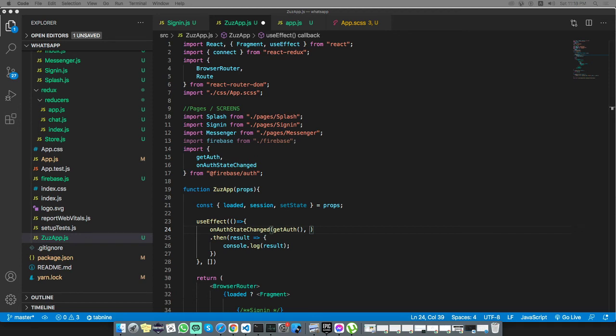Let's search for Firebase SDK 9.0.0 on auth state changed. And if we check for the